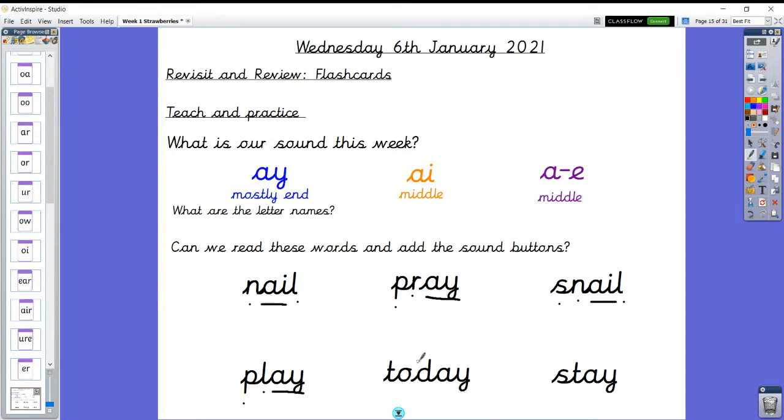Now this is the one that was a little bit tricky down here. Okay, so this word here, the first part of this word, up to this point is a tricky word, and I'm sure you know what tricky word this is. Tricky word to. So we can't sound out to, can we? So we can't put our sound buttons on there, but we can put our sound buttons on this last part here, which lets us be able to sound out this part, and we can put them together to find out what the word is. So a, day. Okay, and we know this is to, so today is that word. Okay, brilliant. And last one,